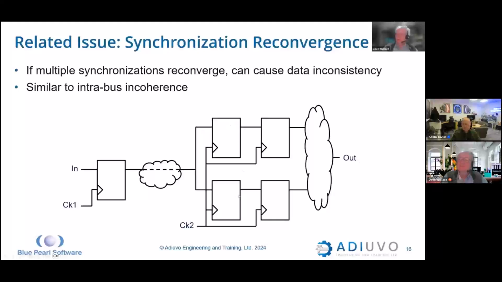you got metastability in both synchronizers, one may resolve to a 0 while the other resolves to a 1. And these two things are supposed to be the same value. So when you come together later in the logic cloud, you have inconsistent values. You may get a result out that you don't expect because of this metastability resolution. So this is very similar to the interbus incoherence problem we just talked about, but it's a case of, in this case, 2 bits, a bit being synchronized multiple times, or